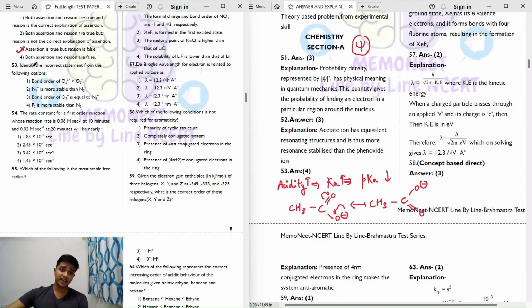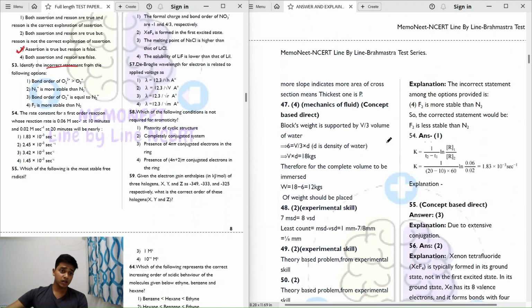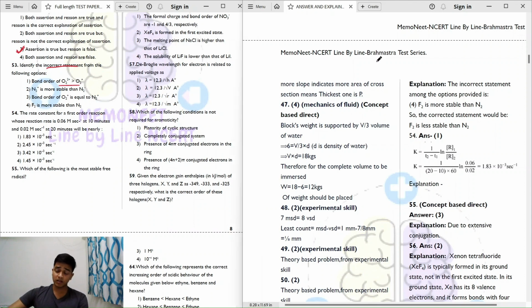The question says identify the incorrect statement from the following options. In this we are talking about the bond order and stability. The first statement says bond order of O2 2+ is greater than that of O2+. So this is the correct statement. How? I'll show you. For O2 2+, the bond order is 3, whereas for O2+, the value of bond